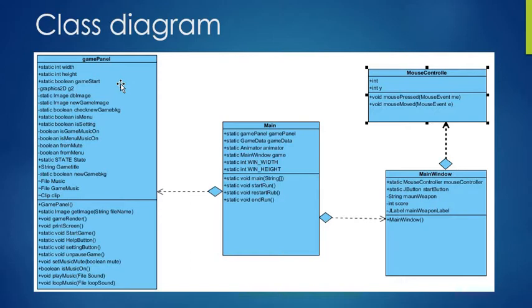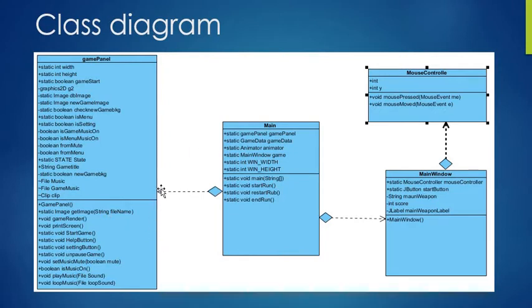I also created states so that the application knows whether the game is already launched or only on the menu part. This is really important to figure out which state we are in so that we can render the correct image for the game whenever you press on any button.